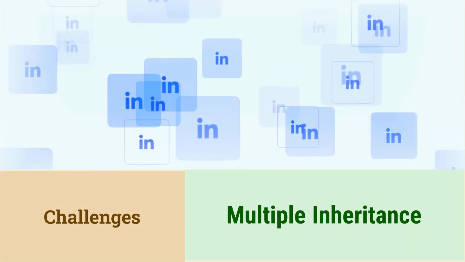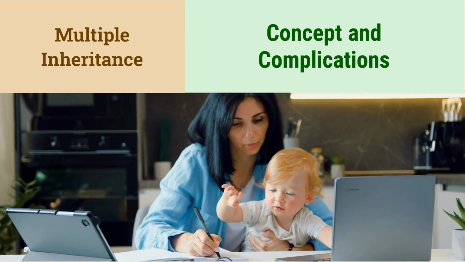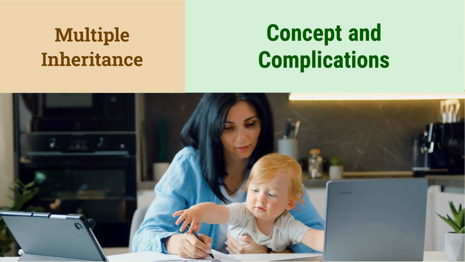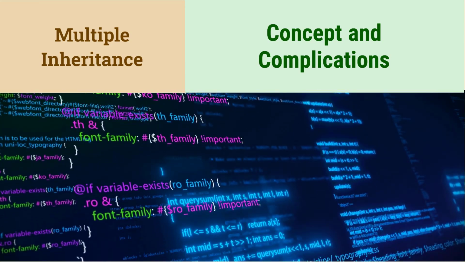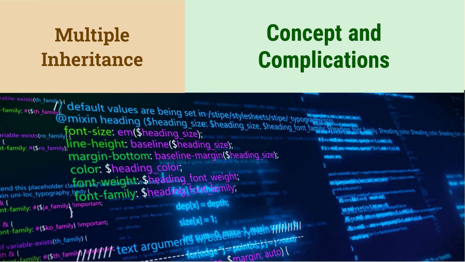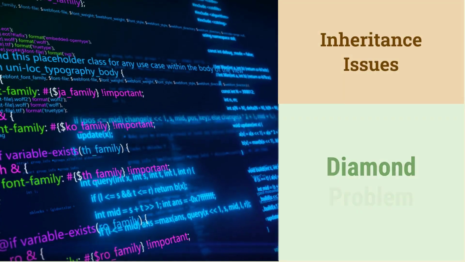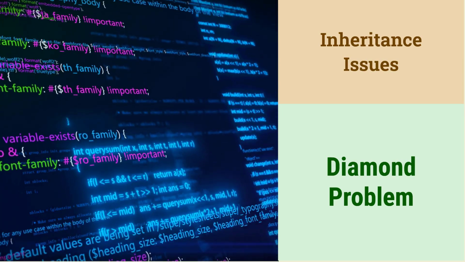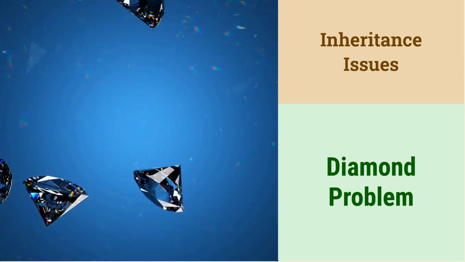Multiple inheritance challenges. Now, let's touch on multiple inheritance, a concept that can be tricky in object-oriented programming. Multiple inheritance allows a class to inherit from more than one class. However, this can create complications, especially if two parent classes have methods with the same name or implementation. In many programming languages like Java, multiple inheritance is not directly supported because it can lead to problems like the